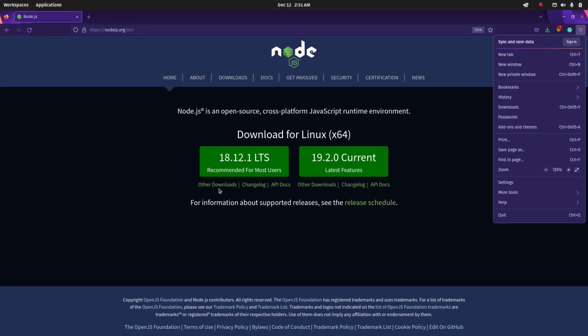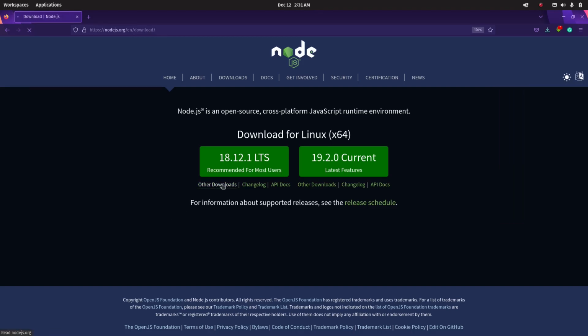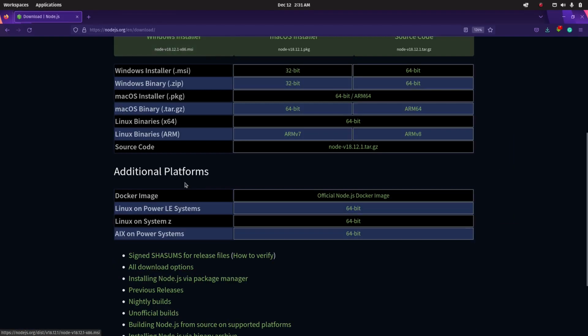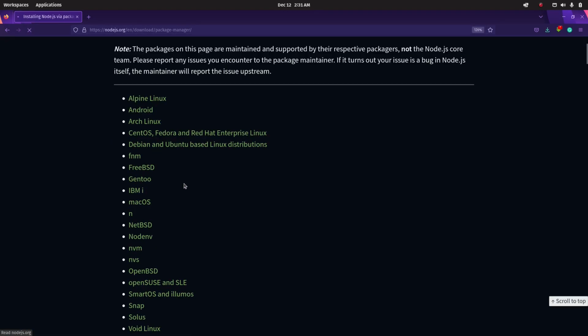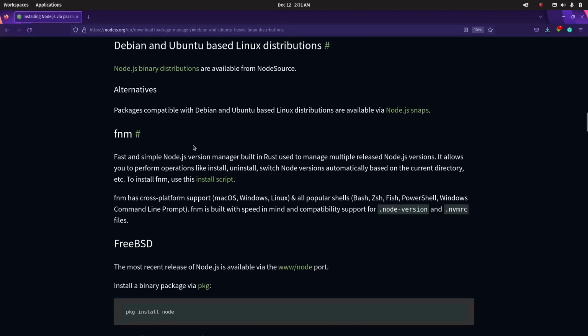We go to other downloads here, and then we're going to scroll down and go to installing Node.js via package manager. Right now, I'm using Pop OS, like I said, and Pop OS is built on top of Ubuntu. So I'm going to select Debian and Ubuntu based Linux distributions, and it's going to